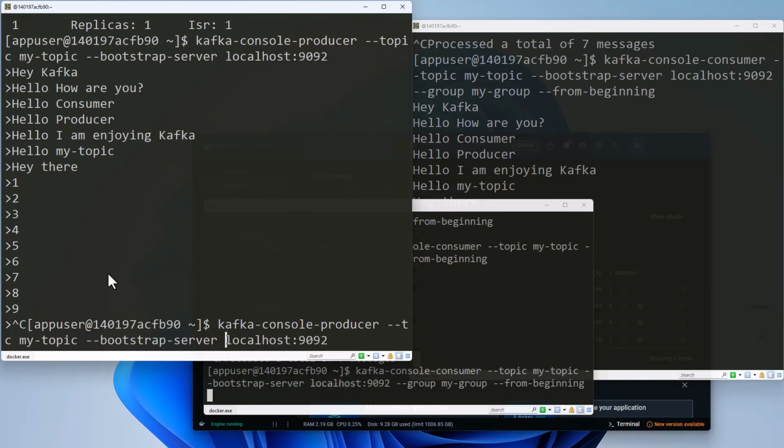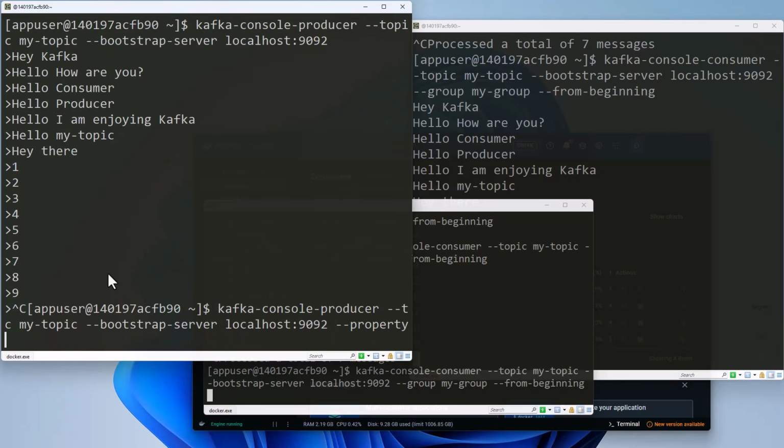The command is the same, but after bootstrap server, I'm going to specify a property, parse.key is equal to true, so we are parsing the key. And then I'm going to specify key.separator